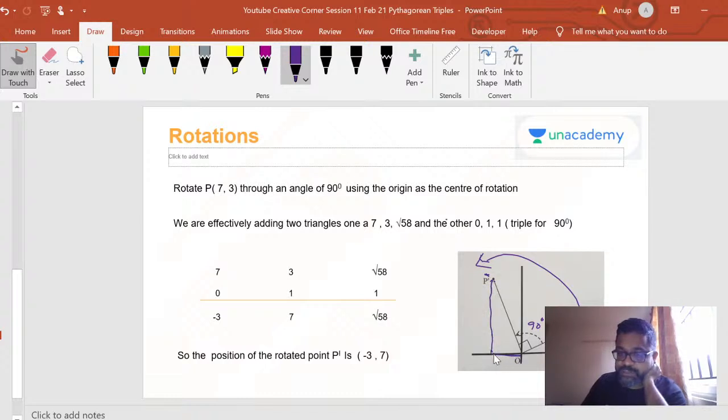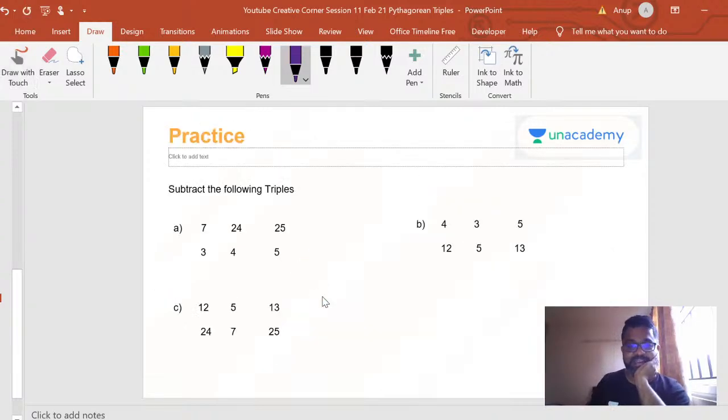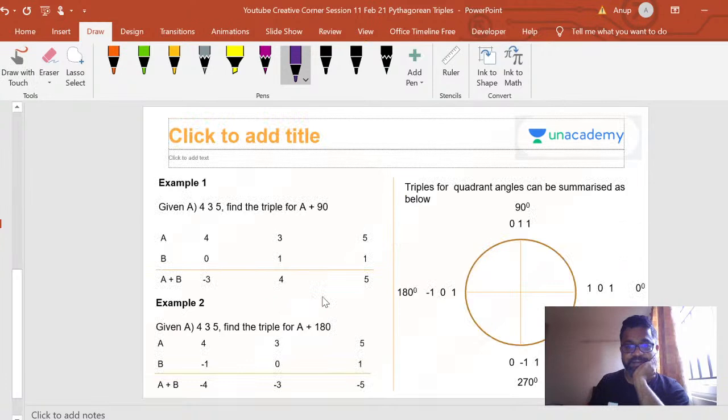So you can guess that, and I found out the coordinates, minus 3 and 7. How did I find out? The only thing I need to tell you is that this represents 90 degrees. This is a triple for 90 degrees. There is a standard,